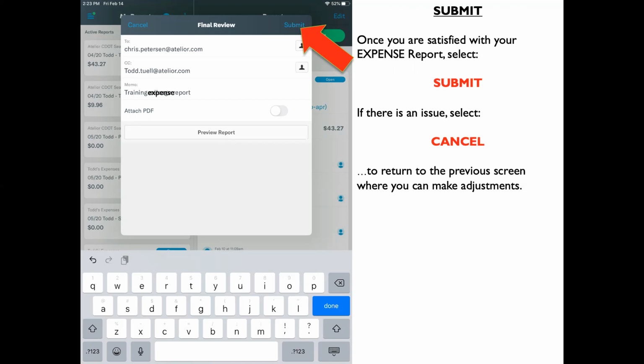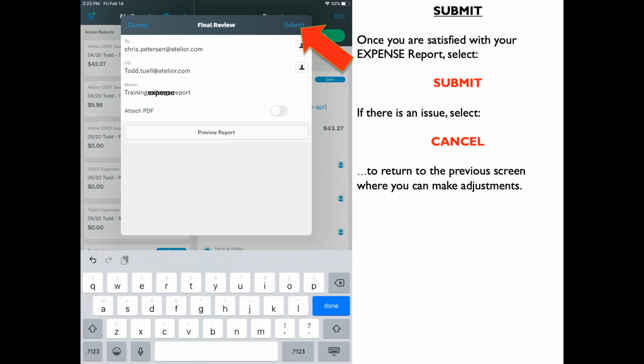Once something is submitted, we would be returned to that expense report and see that it's in progress and that it is in the hands of our bookkeeper at the back end, who will be submitting this on your behalf to CDOT for reimbursement. Again, don't hesitate to ask for help if there's any situation or any questions you run